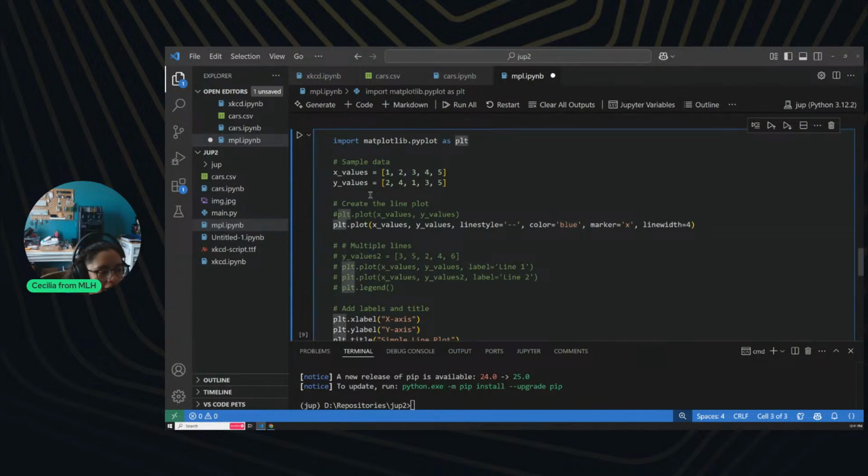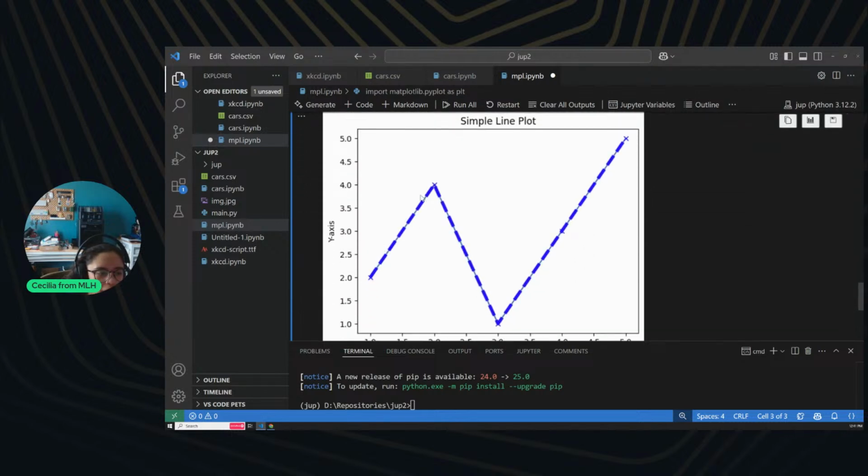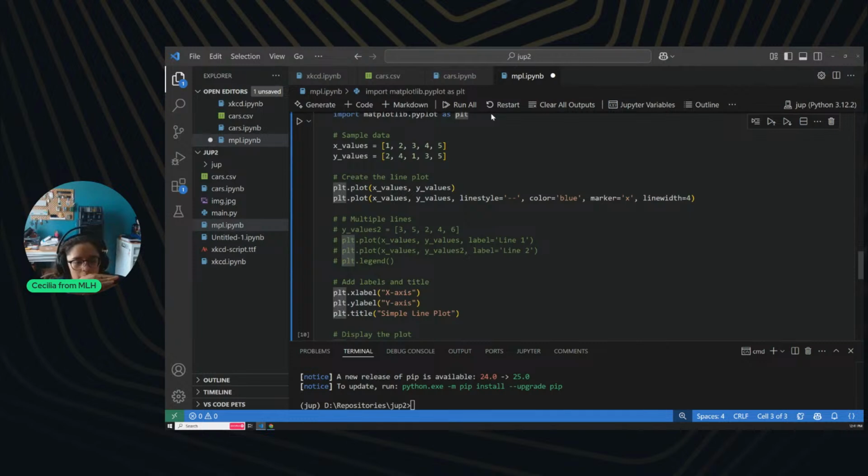But what if I have two plot dot plots? Well, now they're drawing on top of each other, and so now you can see in the background there's that light blue solid line that we had earlier. So we can plot multiple lines. And if we were just using the same values, of course, they're just going to stack on top of each other. But let's say we had, in this instance, which I commented out, an additional